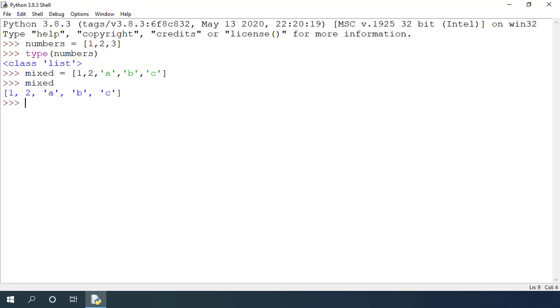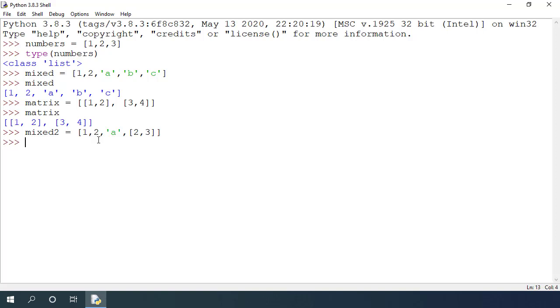We can also create a list containing another list as its element. Let's create [[1, 2], [3, 4]] and assign it to a variable matrix. This creates a 2 by 2 matrix. You can also see that I have nested one list inside another list. We can also include a list as an element. So mix2, and assign the value of 1, 2, A, and we can also include another list with elements